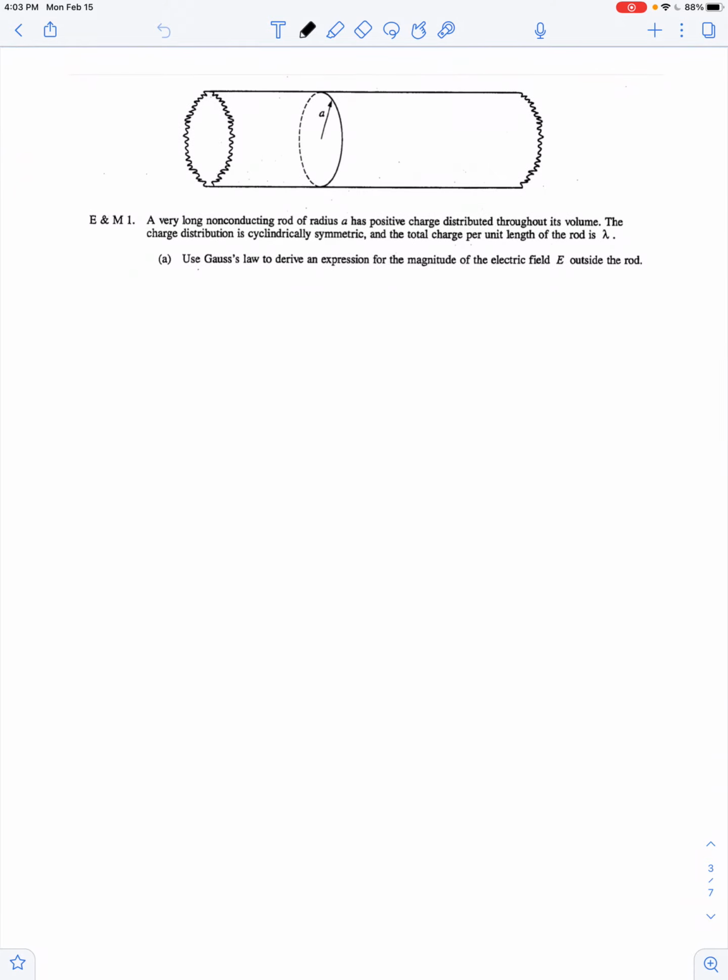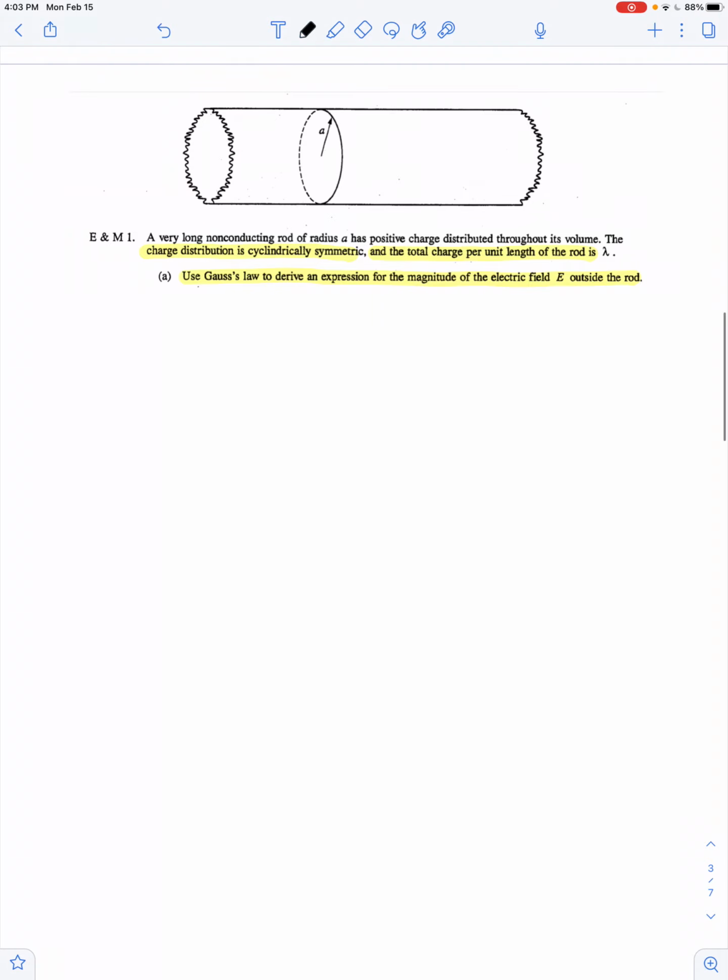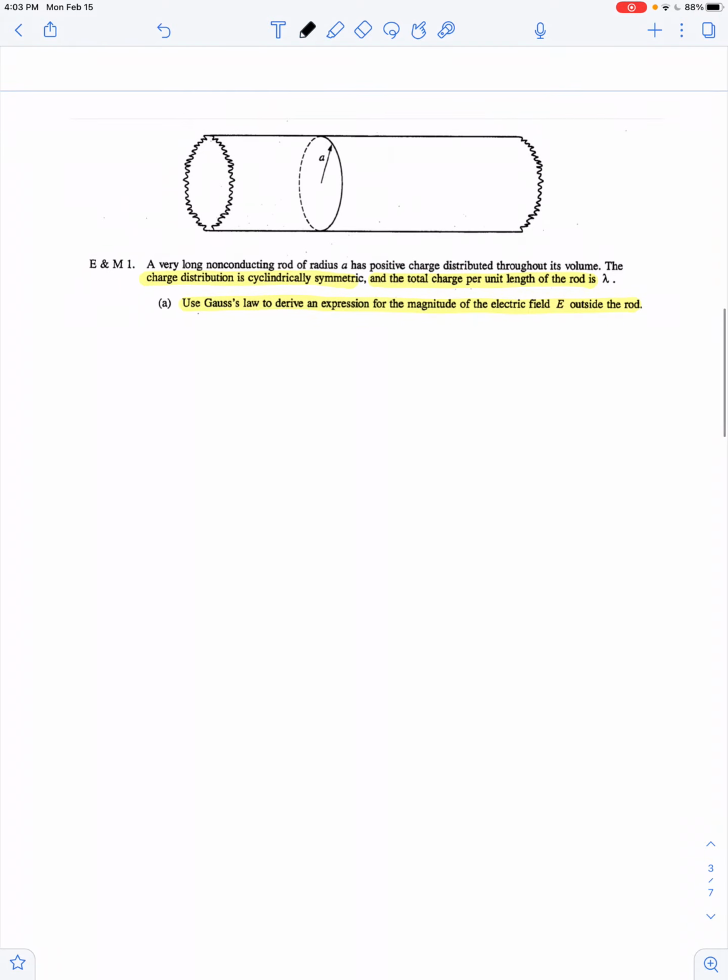We're told that the charge distribution is cylindrically symmetric, and the total charge per unit length is given as lambda. So we're asked to use Gauss's law to find an expression for the electric field at points outside of the rod. So let's go ahead and pick an appropriate Gaussian surface. If we want to find the electric field, for example, at this point P, then a Gaussian surface that passes through that point and is also